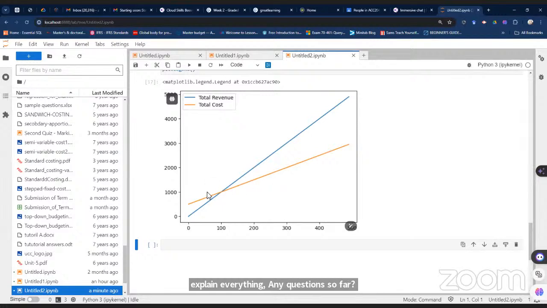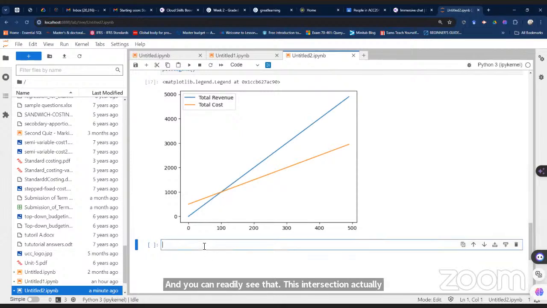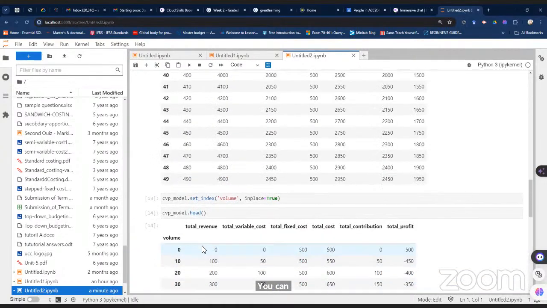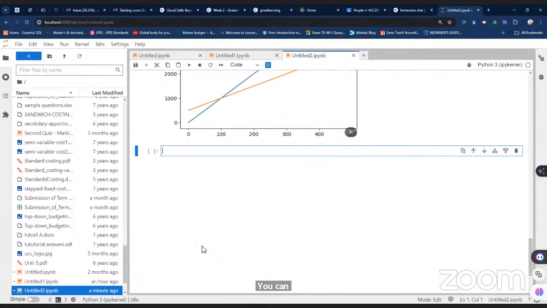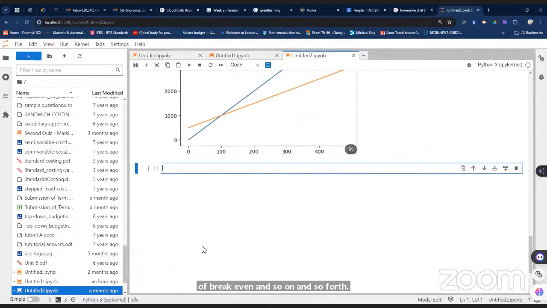And you can readily see that this intersection actually corresponds to this one. Or you can test. You can programmatically even test for these conditions of break-even and so on and so forth. So let's try to do some of the code to see. First of all, when we want to test the break-even condition using code, what we want to check is